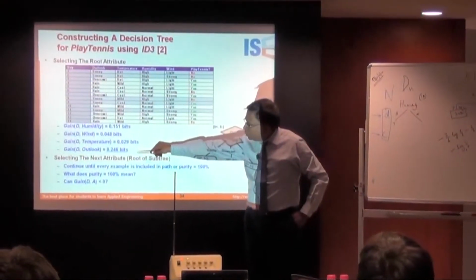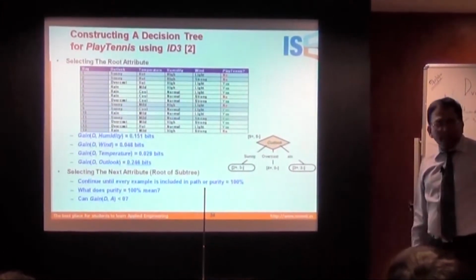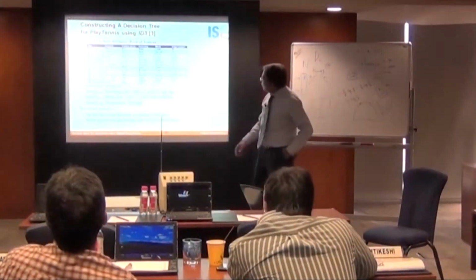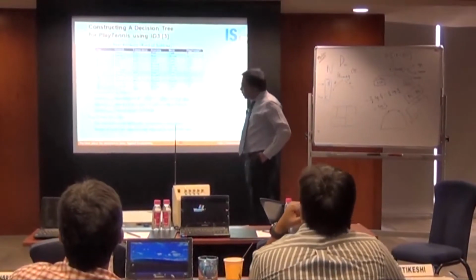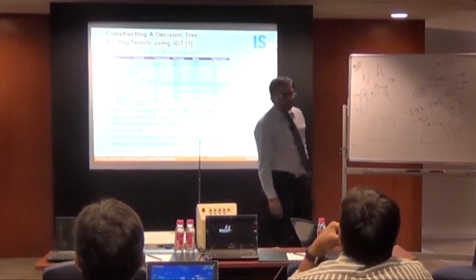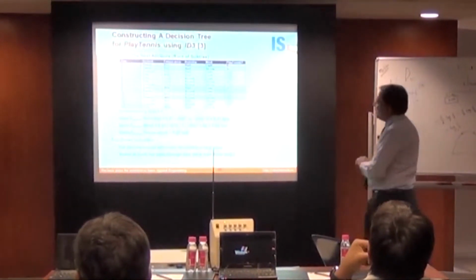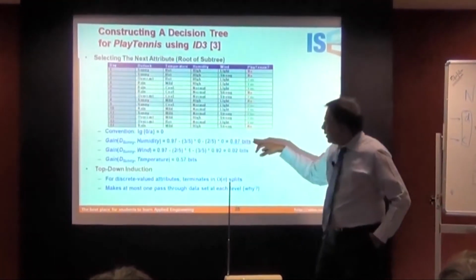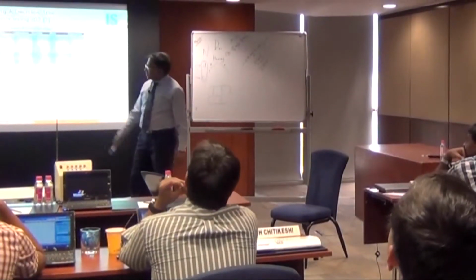Of all the ones, outlook is the one that has the highest information gain. Hence, we split on outlook. And the outlook has sunny, overcast and rain as 3 values. Now we are looking only at D sunny, the data set where outlook equals sunny, which is only 5 instances. When outlook is sunny and you split on humidity, the information gain is 0.97 bits. So humidity is a good fit.